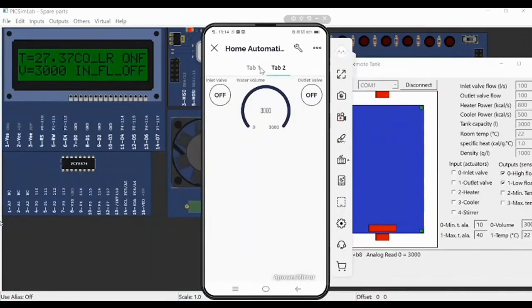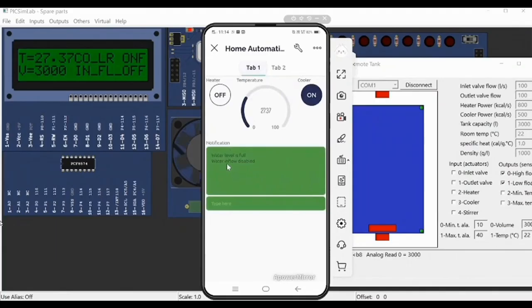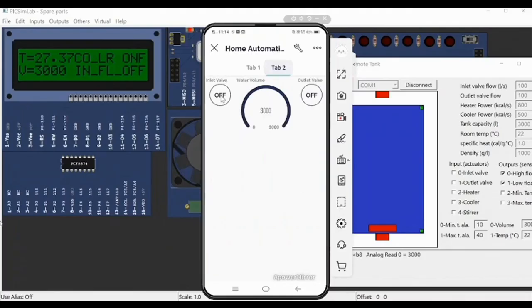The inlet valve will be turned off, and in the LCD it will show inflow off. In tab 1 we have notification, it will indicate water level is full, water inflow is disabled. Now let's turn on the inlet valve. It will automatically turn off. When we turn on the outlet valve, the volume will be decreased, and in this indicator